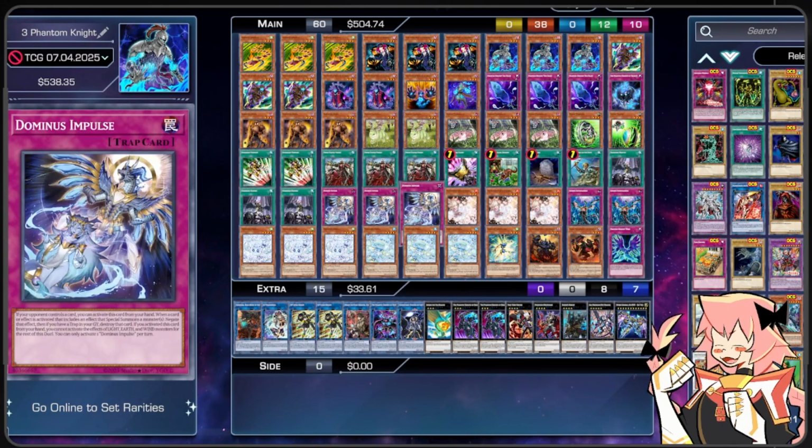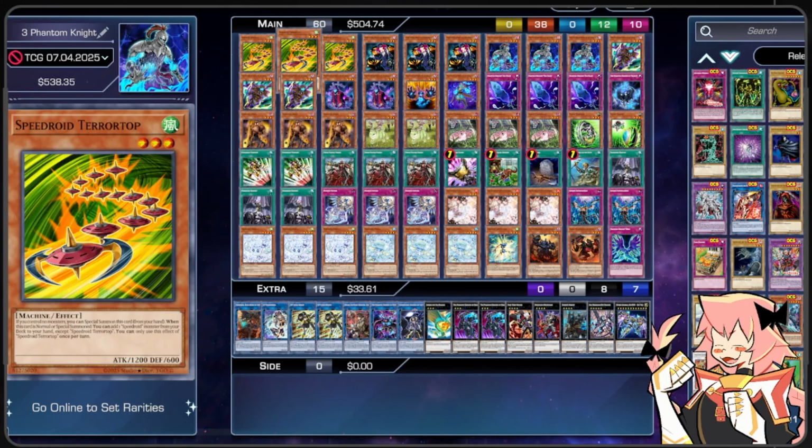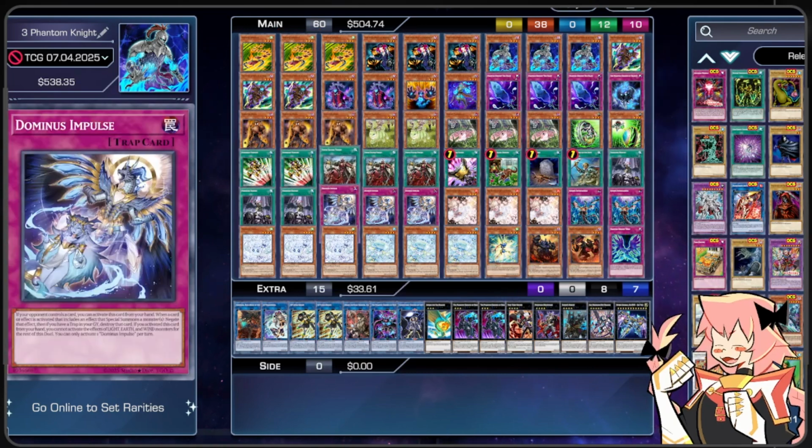We're also on, of course, the Dominus Impulse. I'm not going to just breeze past this. We're on no copies of Light, Earths, and Winds that we really need to activate. We, of course, are on Winds of Leviair and Speedroid Terratop. However, if we are going Dominus Impulse, typically it's going to be on our turn 1, in which case we